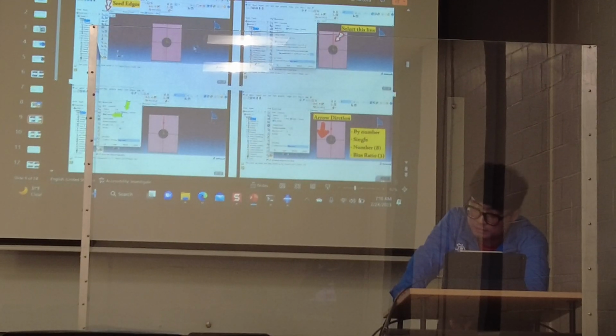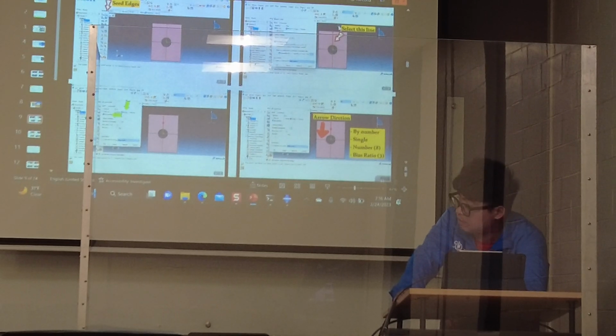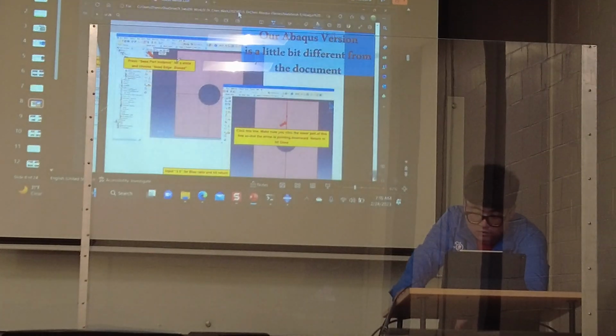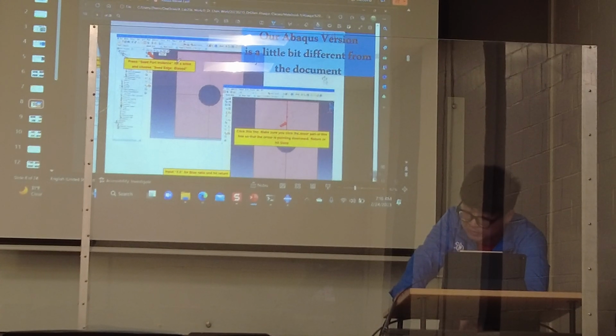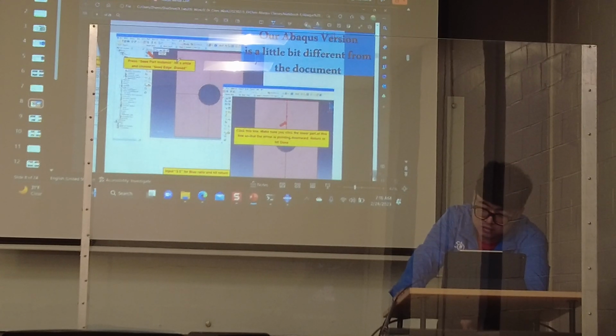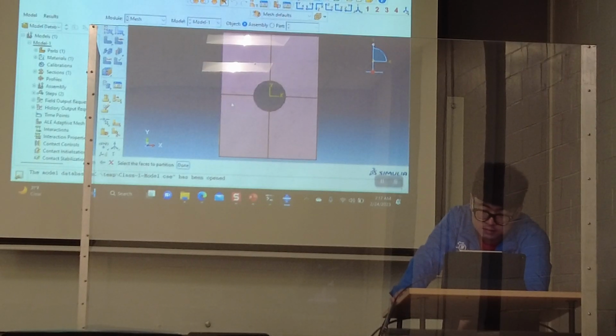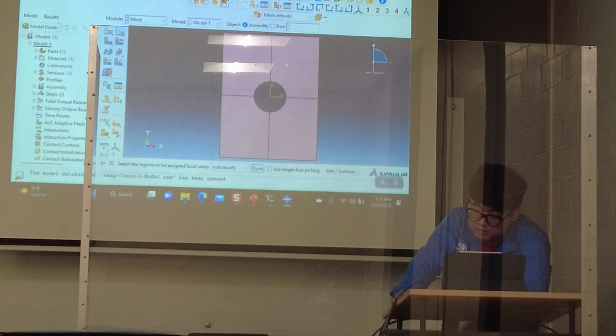add some seeds in the lens, because the structure mesh will mesh all the sample, not mesh all the geometry, based on these seeds. So there is some difference between Doctrine's version, the document from Doctrine, because it's too old. For the Abaqus software, the Abaqus company has changed something in the menu. So here, you can follow me. Just click the C, hold, and select this one,